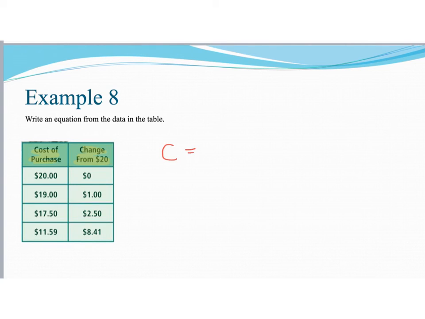So I'm going to say C is equal to the cost of purchase. And I need to know what my change is from a $20 bill. So for change, I'm just going to use the variable, we'll say G. So G is going to equal the change